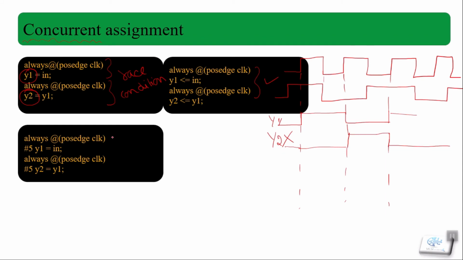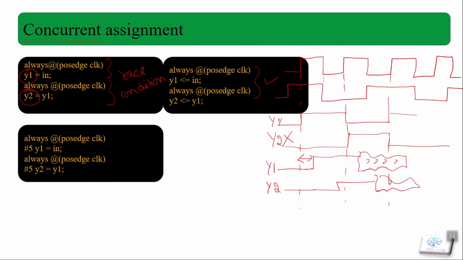Let's first understand the inertial delay effect on our blocking statement. Here in our blocking statement, the first Y1, as we know, the inertial delay will affect our Y1, and our Y1 goes shifted by 5. But after that, on the next positive edge of clock, as we know, it causes an error again, because the delay adds onto our clock. And similarly for Y2 also, it causes an error because it is a race around condition.